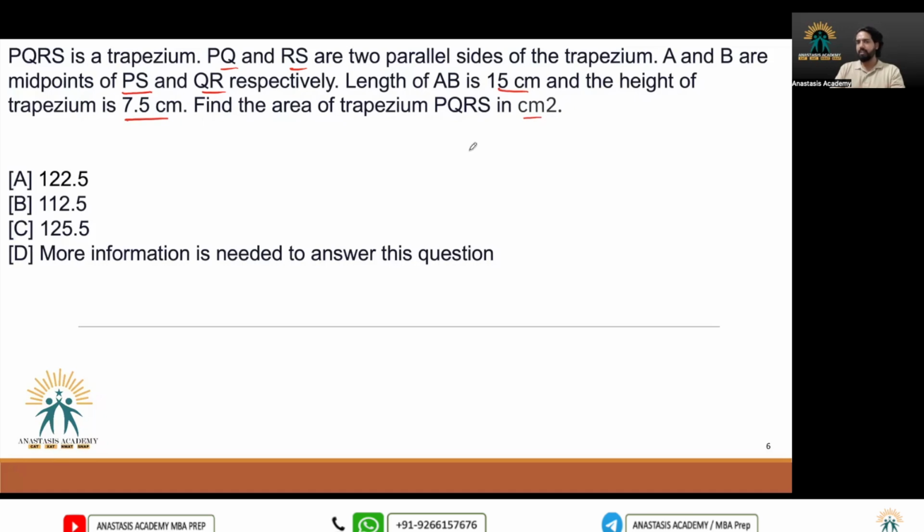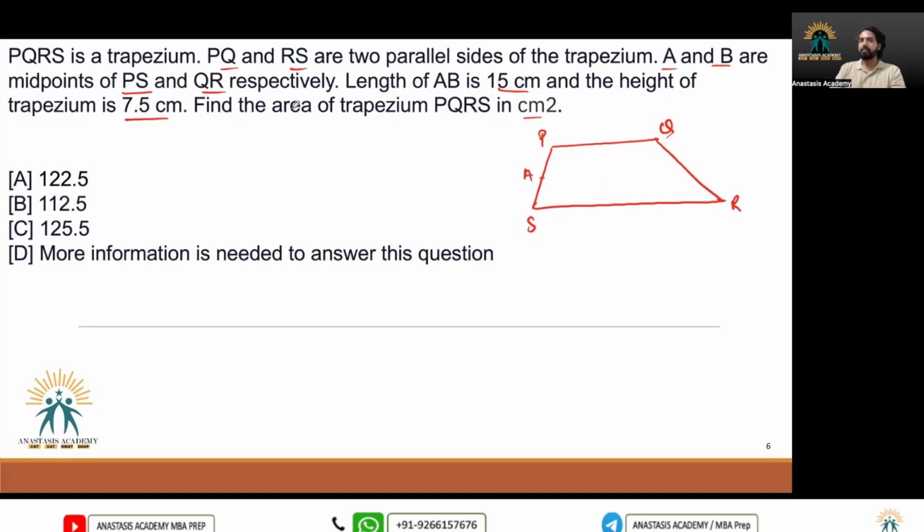Right. So first of all, let's just draw the diagram. So there is this trapezium. This is the trapezium P, Q, R and S. PQ and RS are two parallel sides, right? Also, it is given that A and B are midpoints of PS. A is the midpoint of this line,